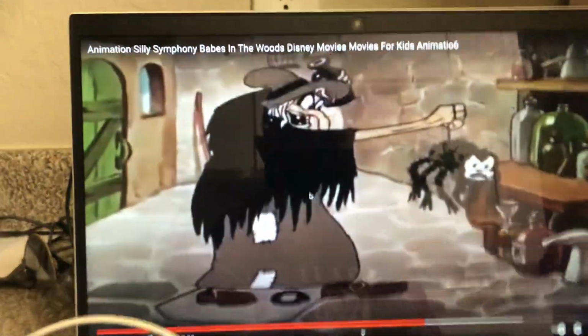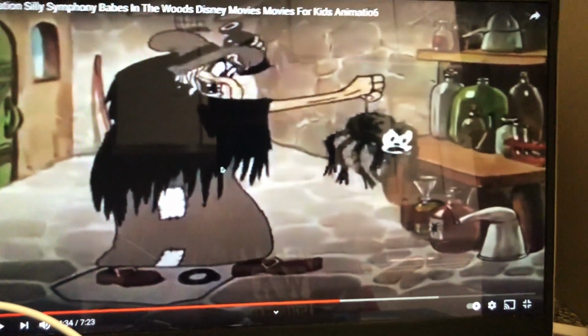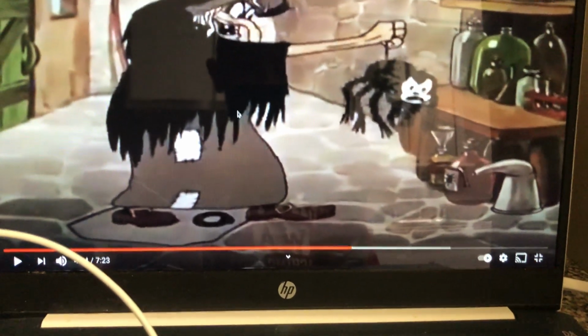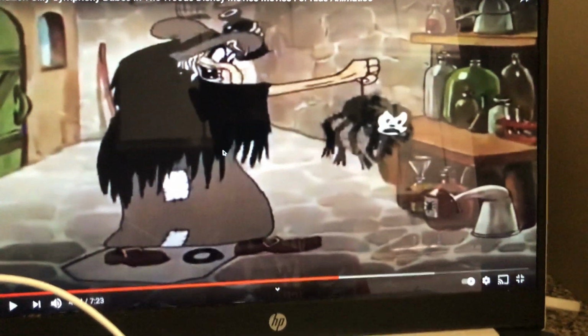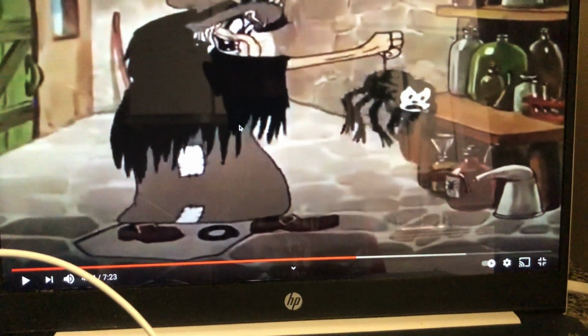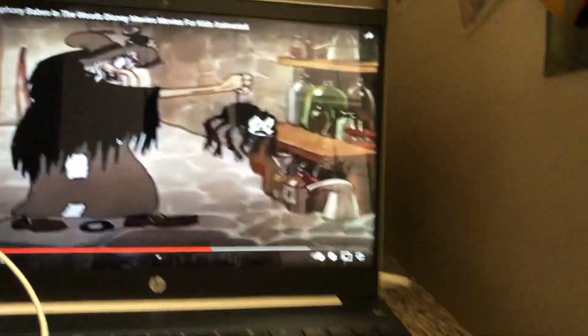Okay, let's do the storyline. The story of two children lost in the woods. They find a group of elves and also get lured into a house by a wicked witch who has turned the boy into a spider and gets ready to change the girl into a rat, but is saved by the elves. The witch fights the elves